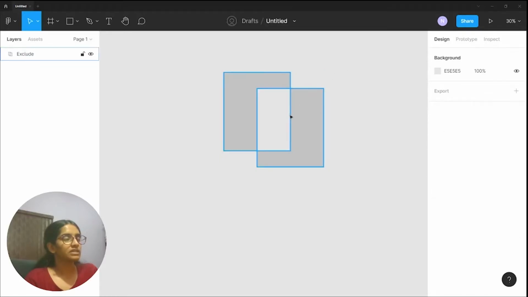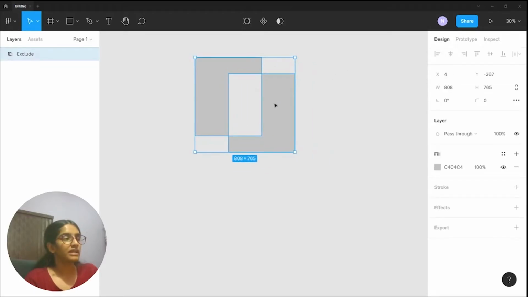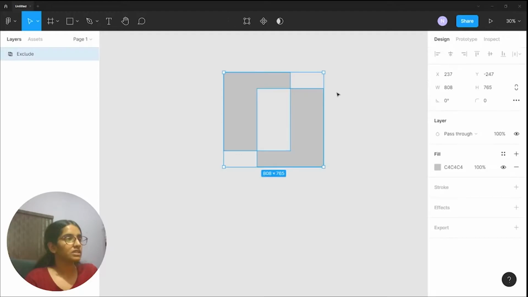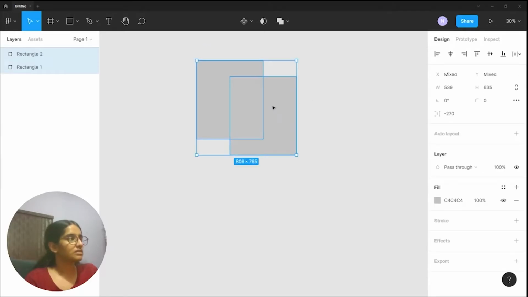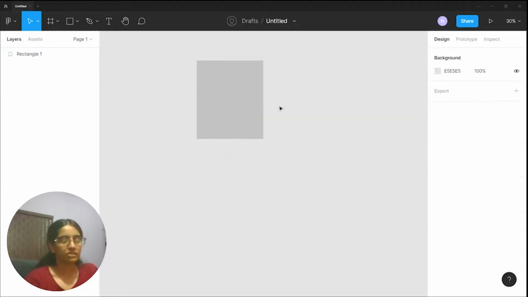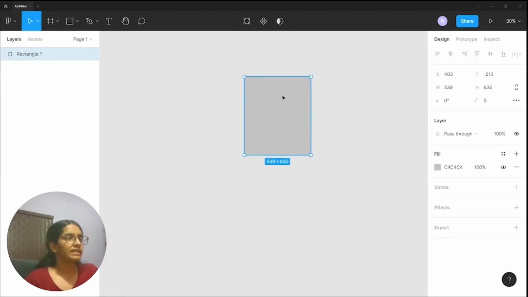So right now this is in an irreversible state, that is a vector. So now let's head back. Okay, so we've got our rectangles right over here. So when I select my rectangle, you'll be able to notice that on the right side of my screen, a ton of properties appear over here.